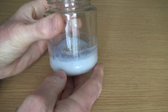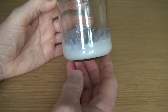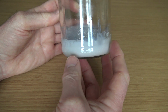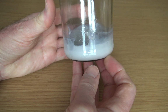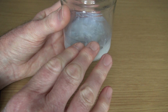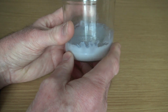So here you can see in this rather gloopy jar, this is a jar of alcohol with resin that has washed off the models as I've been washing them in my wash and cure. It's been sat on my windowsill now about a week and a half, and you can see how a lot of the alcohol has evaporated off, and it's been curing in the sunlight each day and settling on the bottom. And in theory, what you could do,